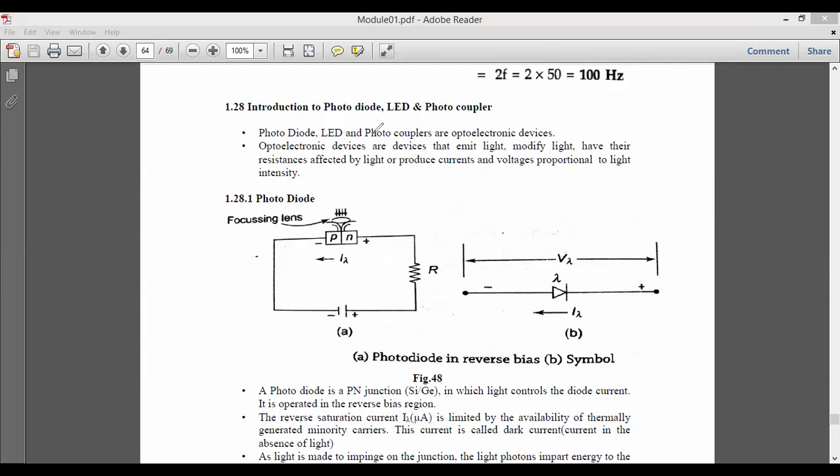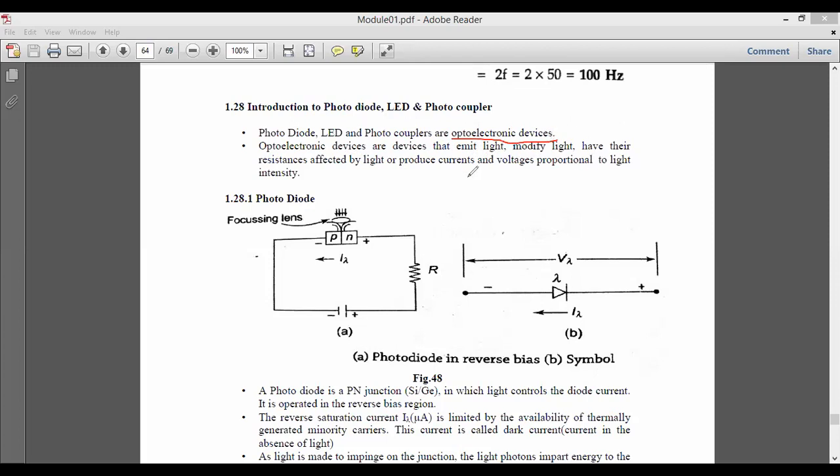So photodiodes, LEDs and photocouplers are together known as optoelectronic devices. Optoelectronic devices are devices that emit light, modify the light, have their resistance affected by the light, or produce currents and voltages proportional to the light intensity.